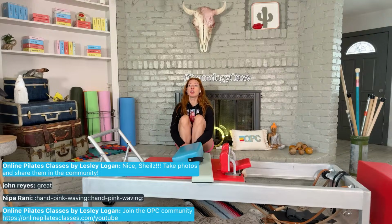Do I find the window chair on the shorter side for me? No. I actually think some of the chairs are getting too high, and that causes problems with the pull-ups. So the Contrology window chair is a really great height. Brad can push it in. I really love it. It is based off Kathy Grant's chair, and I like the weight of it. I actually don't think it's too short because again,